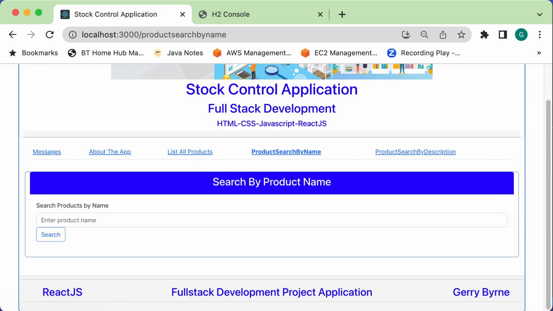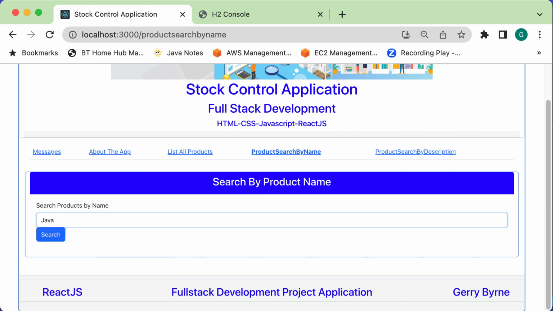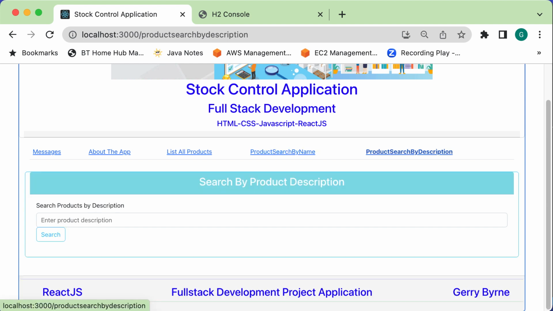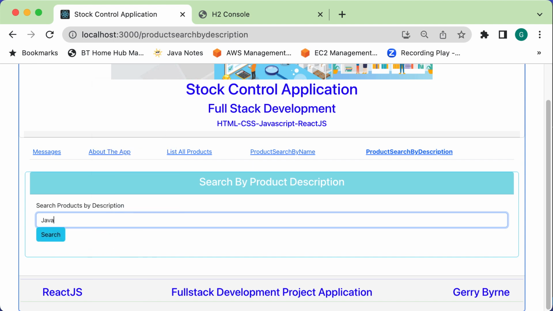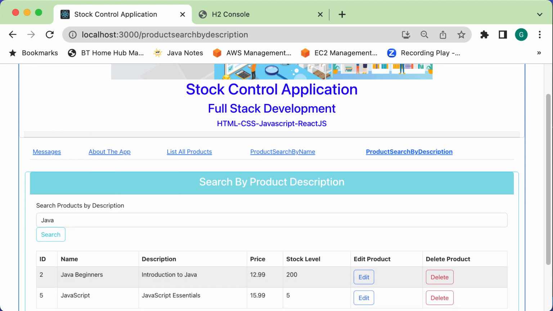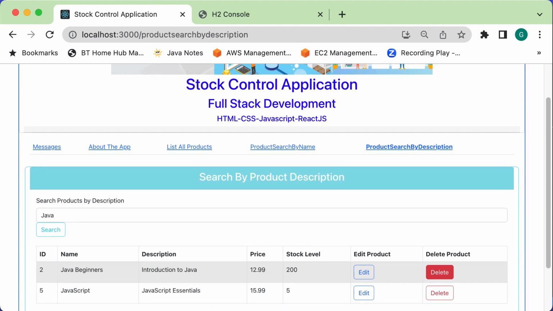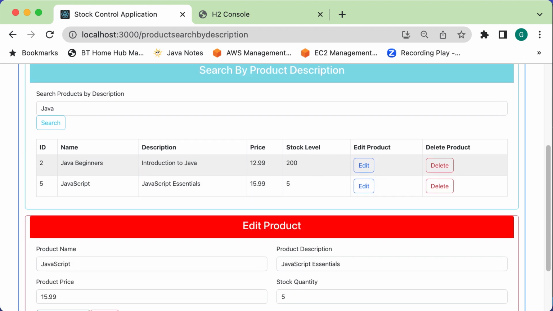When we do a search by name and we look for Java, then we don't have a facility here to edit. But if we go to search by description and type Java and search, because we added the functionality here, the same as in the list all products, we can edit and we can delete. So if we look at the JavaScript essentials and go to edit, we have this same product